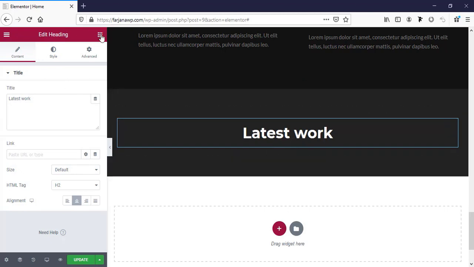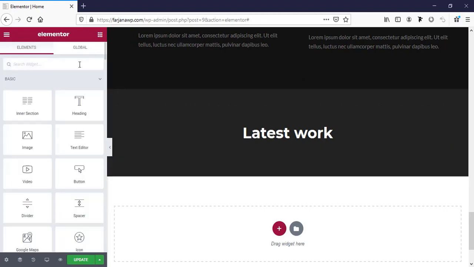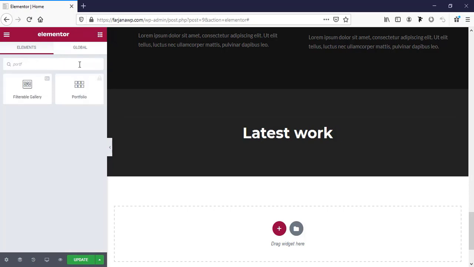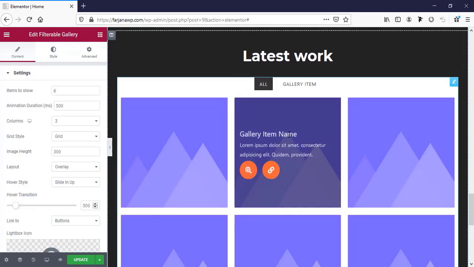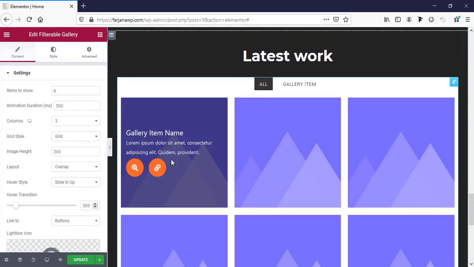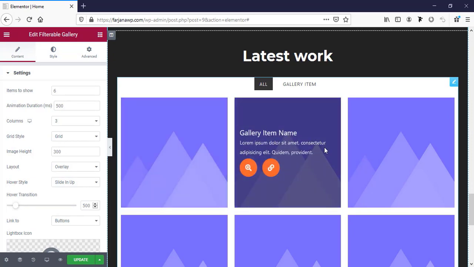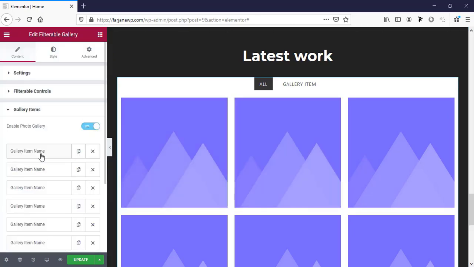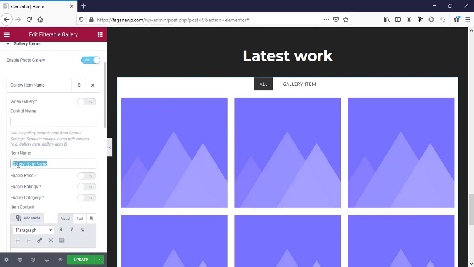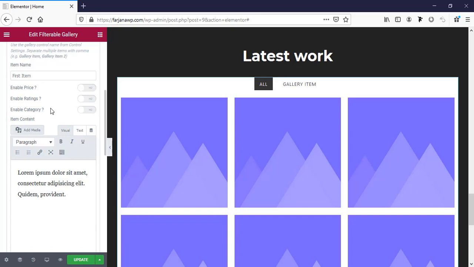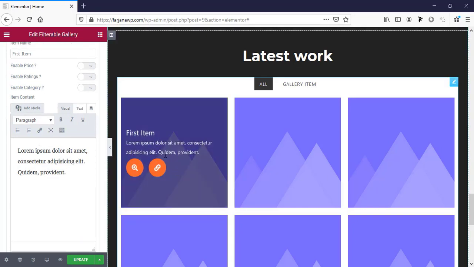and here I want to add a portfolio. So I'm searching for portfolio, and here is portfolio filterable gallery from essential add-ons. So I'm taking this one, and here first I want to upload some images, text. Here is gallery item name. So here gallery item, first item,